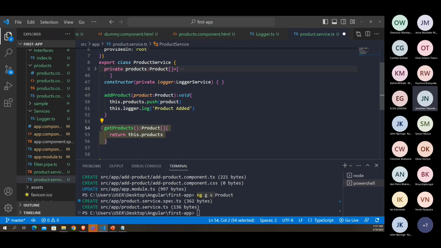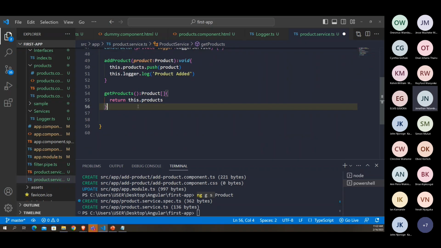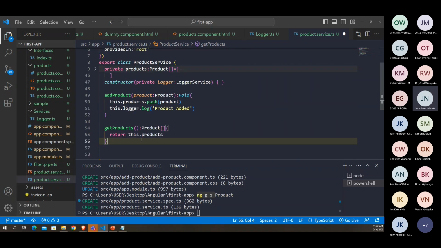The next thing, when I want to get the product, since this is private, I can't access it directly. But if it wasn't private, I would have accessed it directly. So you need to tell me the downside of accessing something directly. Right now, since it's private, I need a method that can return this data, and that is the method that we apply there. It returns this data. So now the other part is the add product component giving us data, and the get product component